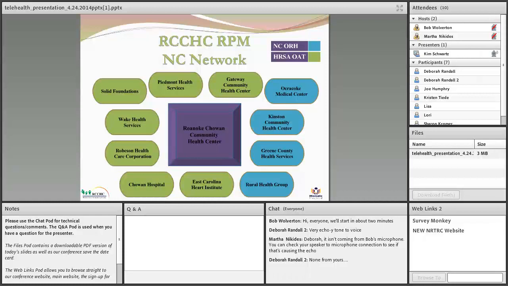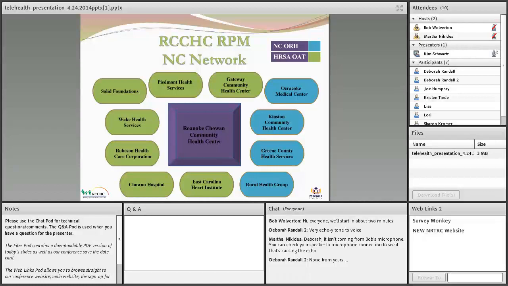So our second telehealth remote patient monitoring network grant from the state was to expand and replicate what we had done in our community health center. And I'll talk a bit about that in a minute. But we were able to expand and replicate our remote patient monitoring, engaged with the primary care and the patient at the center. In fact, we called it the patient provider community telehealth network.